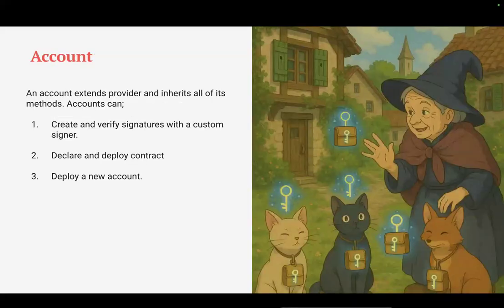All right. So lastly, accounts. An account extends the provider. This is like an elder brother to the provider API. You remember I said the provider just allows us to connect with the blockchain, only for the aim of reading. But the account does the same thing as the provider, and it has its own extra methods,